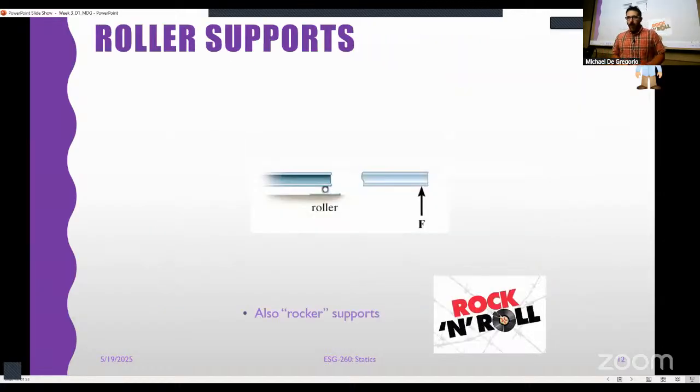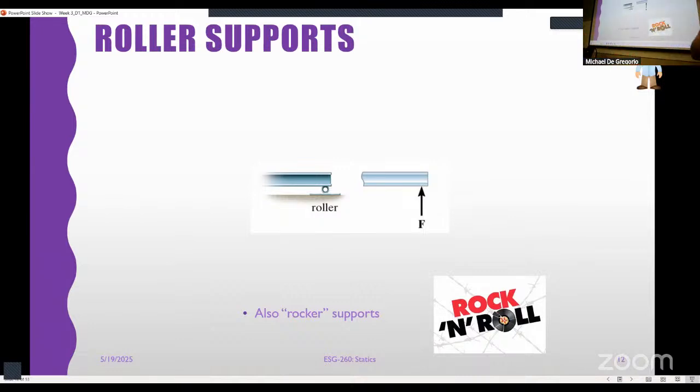Okay. All right, let's talk about the different types of supports. This is a roller. It is called a roller because it looks like a roller. We can also think of this as a rocker. What is a roller designed to do? Well, something should roll on it. So think of it this way. We see that this reaction force here is completely vertical. Why? Because what is resisting our motion? Last time we said reactions prohibit motion, RPM, something to that effect.